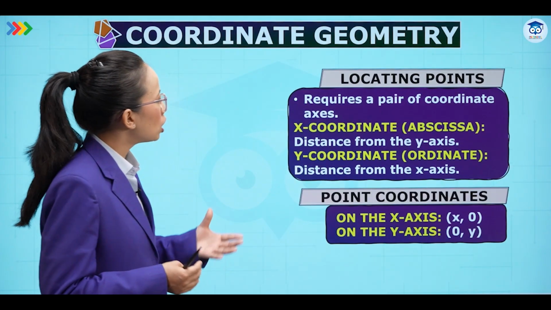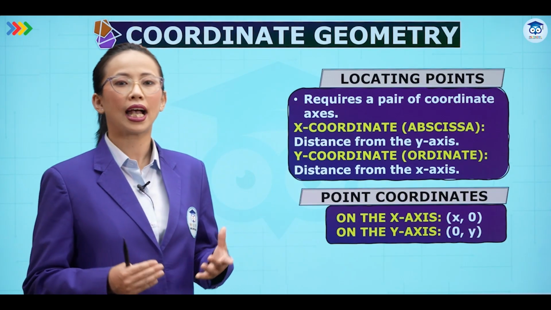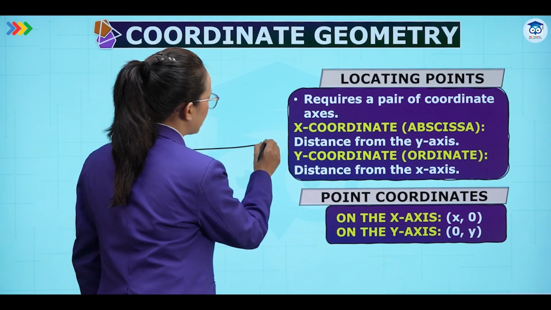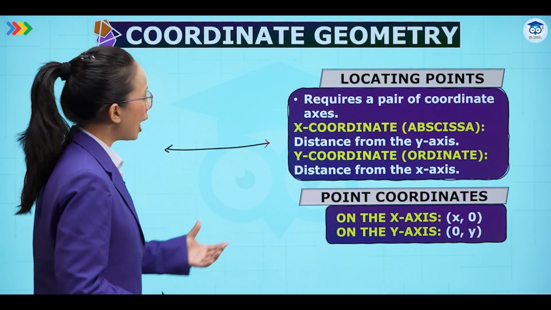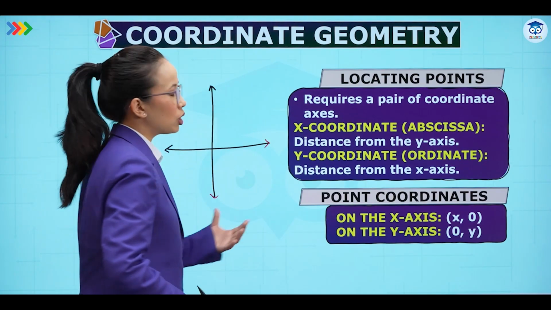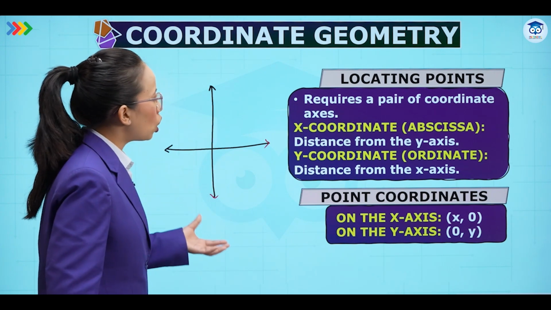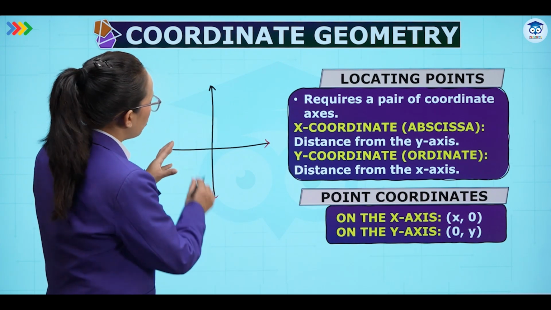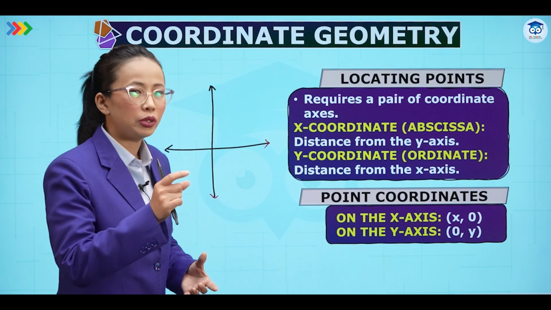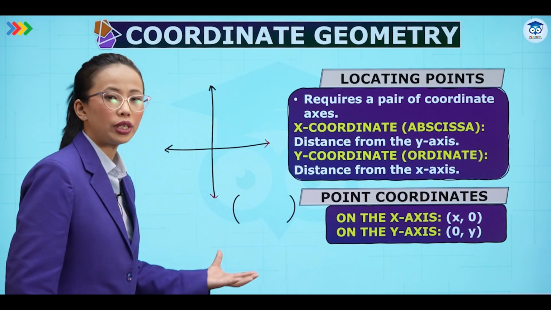In this we are going to have the x-axis and y-axis. The x-axis is the horizontal line, and the y-axis is the vertical line, which are mutually perpendicular to each other, which means the angle is 90 degrees. Now, to plot a point, we require two numbers enclosed within brackets. It is known as a coordinate.